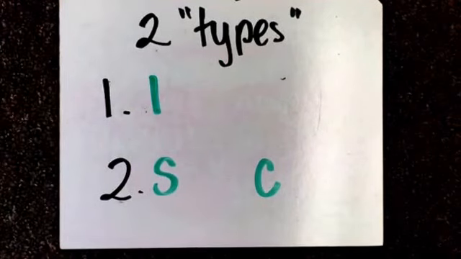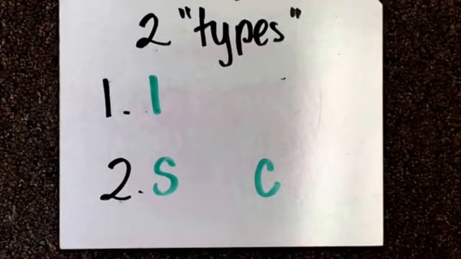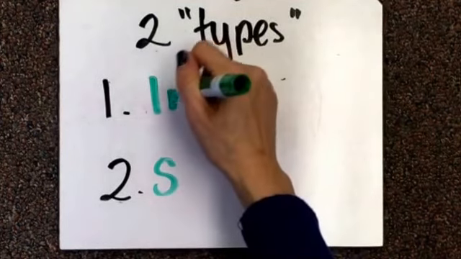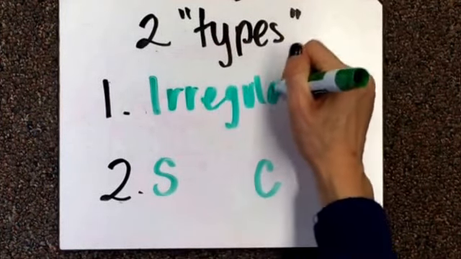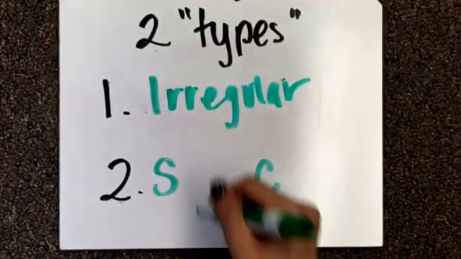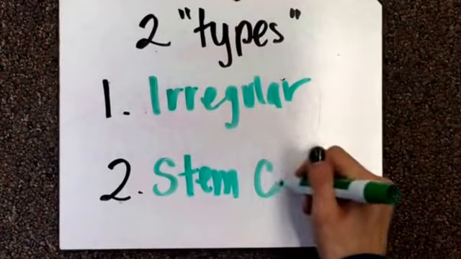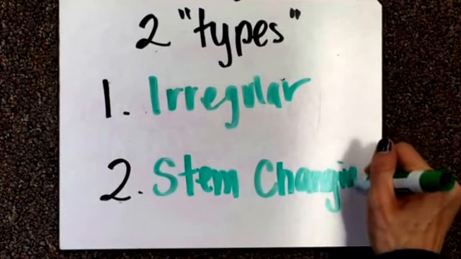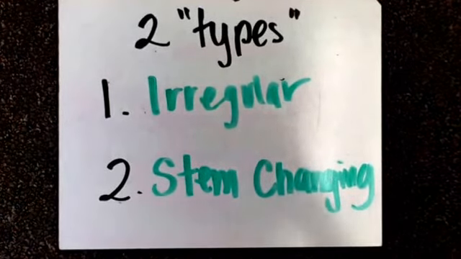So for today's purposes, we're going to kind of categorize these irregulars into two types. First is just straight irregular subjunctive. The other are stem changing verbs. So they're not really all that irregular, they're just stem changing and they've got some special rules.